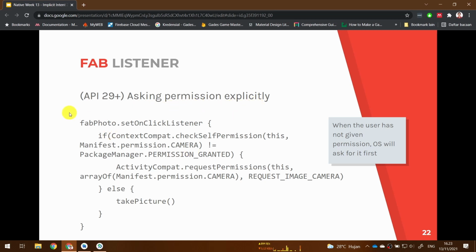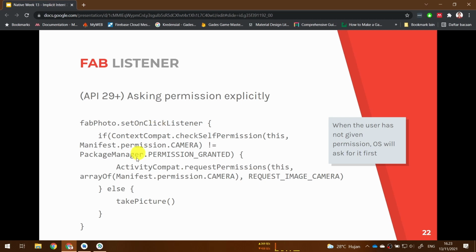When the FAB photo is clicked, we must check whether the permission is granted or not. If we never granted any permission for accessing the camera, then it will request the permission first. But if the user has granted permission before, then we will simply call our function. That's why we separate the creation of the implicit intent into a dedicated function, take picture.